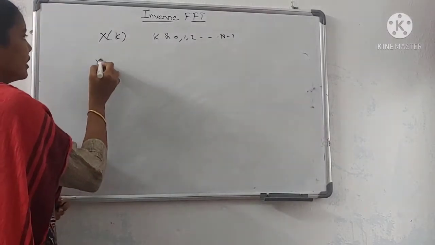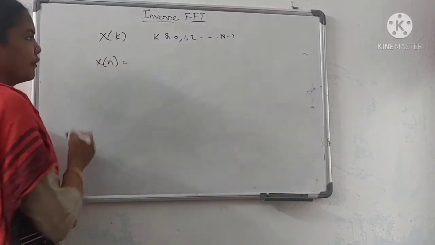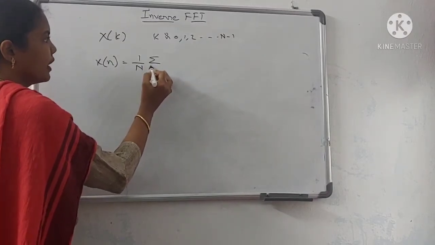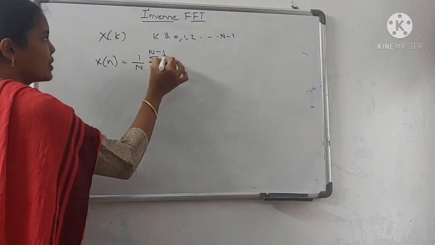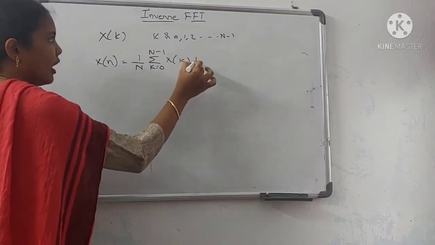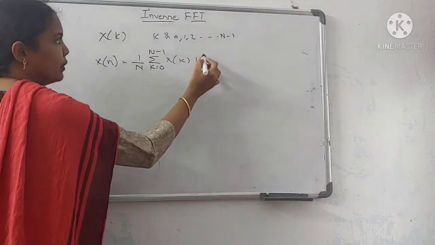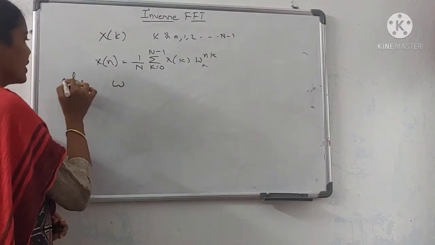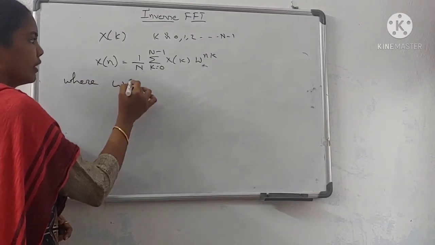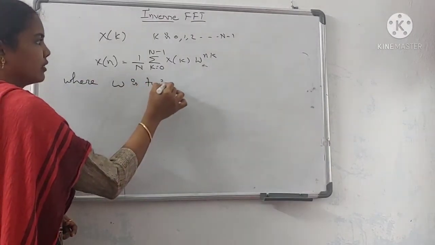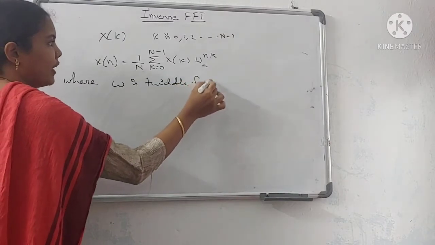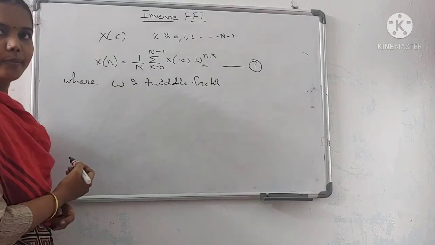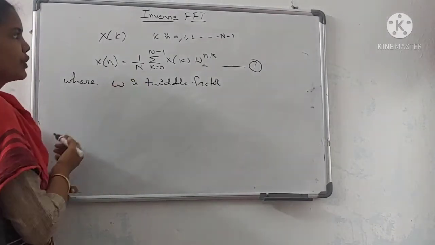Now the inverse DFT, which is given as x of n, is equal to 1 by n summation k is equal to 0 to n minus 1, x of k W_N^{-nk}. Here W is nothing but the twiddle factor. Okay, now keep this equation as equation 1. So from equation 1,